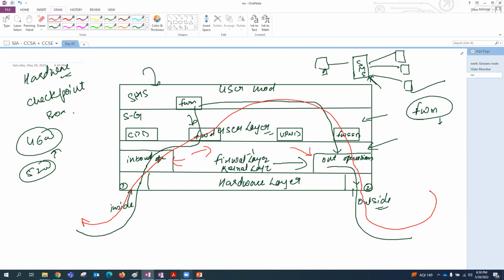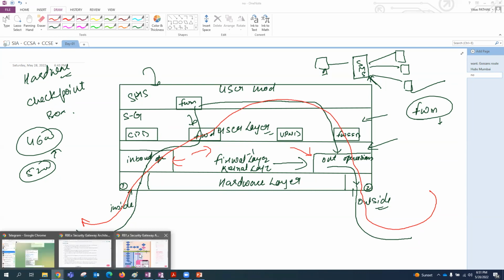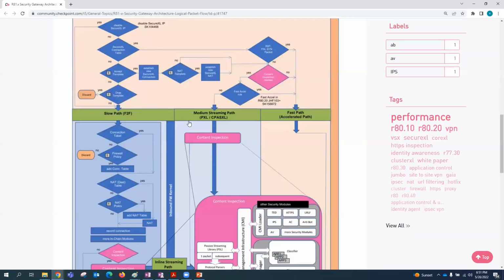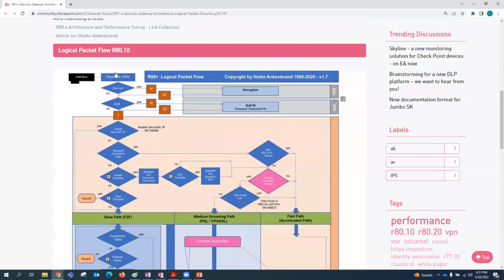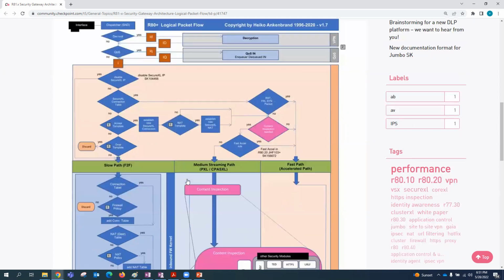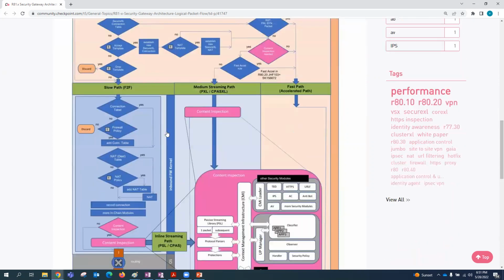Not an issue. If you are not feeling very comfortable with this diagram, definitely we will go through this diagram one by one. This is the interface where the traffic will be entering our firewall, and then it will go for decryption, yes or no. If yes, it will go for the decryption policy. If no, then it will come for the QoS, and so on. This is a very big diagram, it will take some time, so I just gave a brief introduction of the